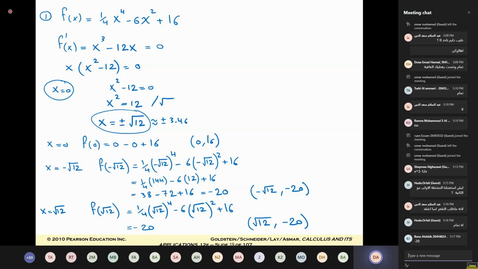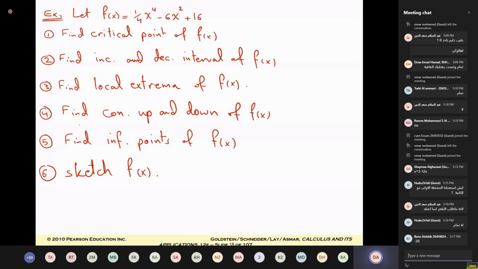ليش استعملنا المشتقة هدى؟ احنا لساتنا في هنا 6 مطالب. 6 مطالب أكثر من مرة ذكرت يا هدى. المشتقة الأولى ليش بتستخدم؟ المشتقة الأولى نستخدمها للكريتيكال بوينت وللإنكريز والديكريز واللوكال إكستريما. هذه نستخدم فيها المشتقة الأولى. لسه قاعدين بنحل. المشتقة الثانية متى بنستخدمها يا هدى؟ لما يطلب كونكيف أب والداون والإنفليكشن بوينت. تمام؟